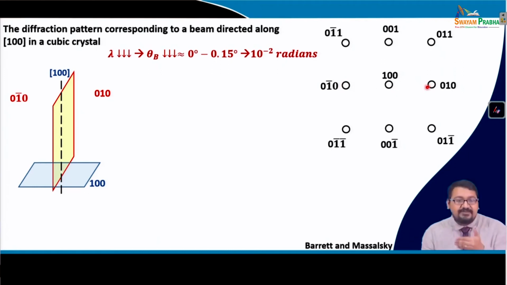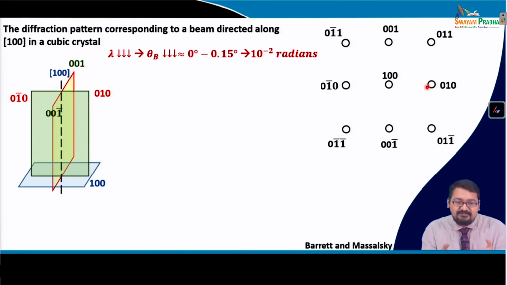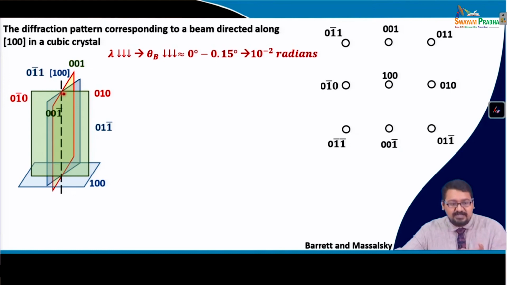On the other hand, you see if we look into the other plane, say for example this plane which is the 001 plane, if we look away and then look towards, then it is the 001 bar plane, and this single plane will be diffracted in both the directions, okay, and then it will give a pole 001 and 001 bar. Like that, the diffraction can be obtained from the 01 bar 1 plane or the 011 bar plane, which is the same plane with this direction as 01 bar 1 and this direction as 011 bar,